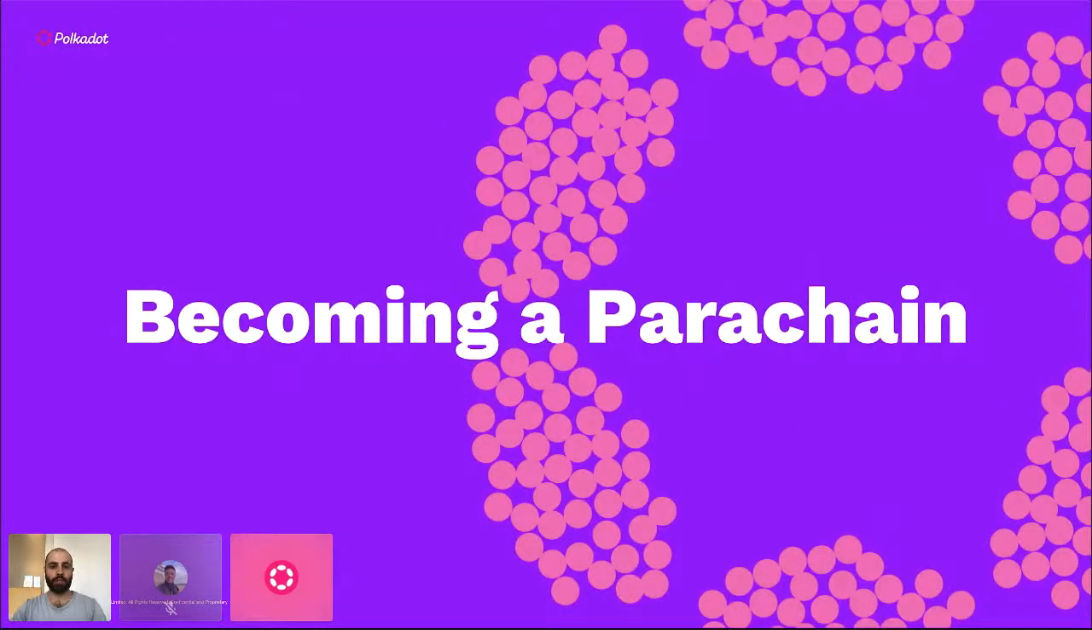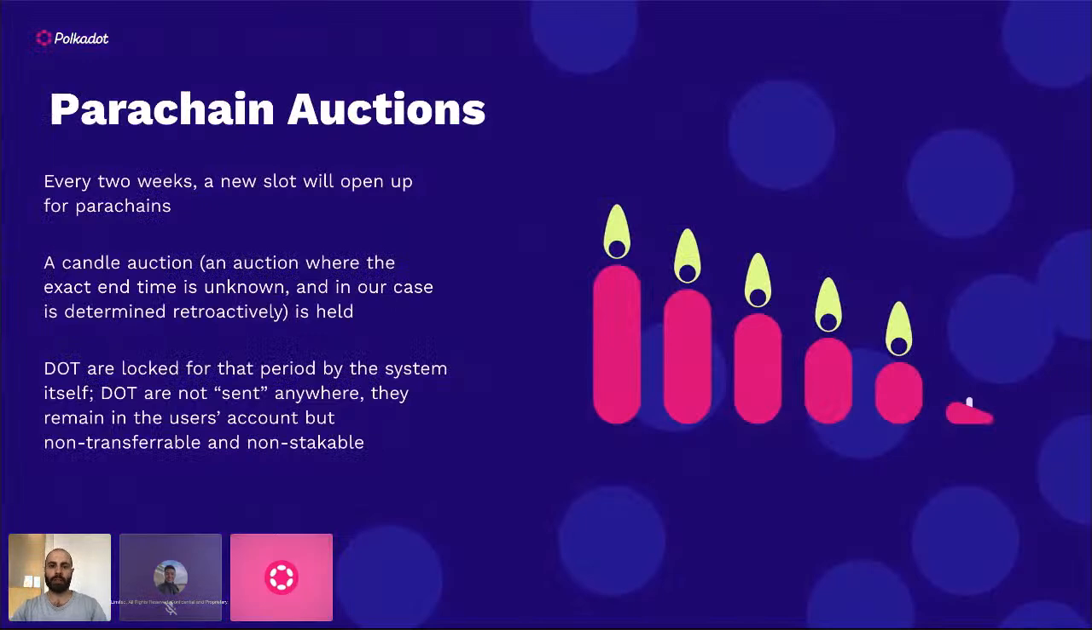So speaking of parachains, becoming a parachain is a really important part of the Polkadot architecture and ideology. There's a barrier to entry for parachains to become a part of the relay chain. They have to go through an auctioning process. Every 2 weeks, a new slot opens up for parachains on the relay chain, and this is run as